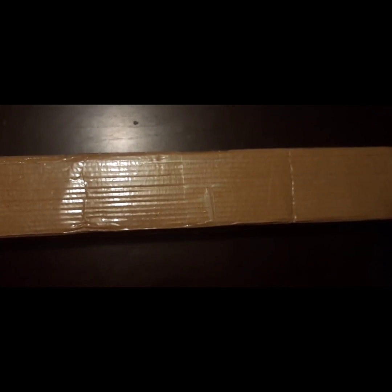Got an unboxing here. I'm playing with my camera angles here so that y'all can see, I hope. I don't think I've ever unboxed one this big. But this is from Treasure Studios Art. I can't get the box out